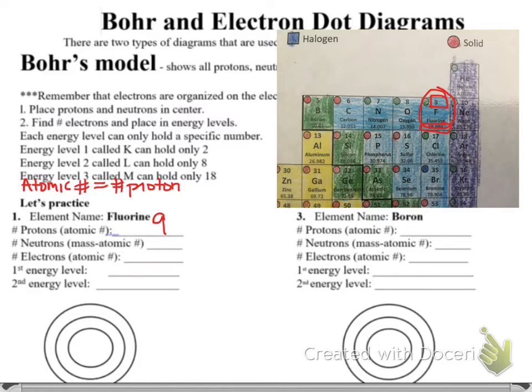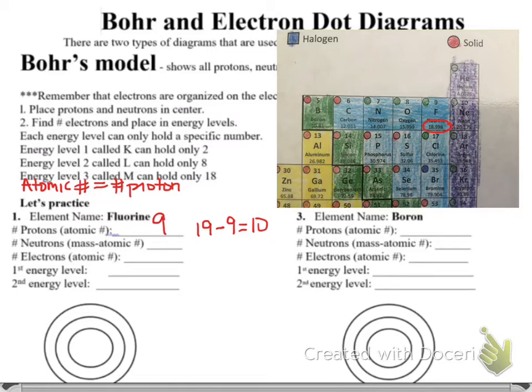Then we need to find the neutrons. Well, to find the neutrons, you need to take the atomic mass, which is this number, and I'm going to fast forward for a second. So the atomic mass. You can see the atomic mass is 18.998. We will round up for simplicity's sake when rounding up is appropriate, or we will leave it as it is when it is appropriate. So 19 minus